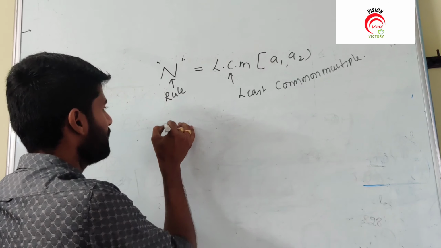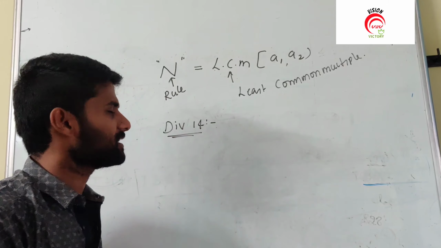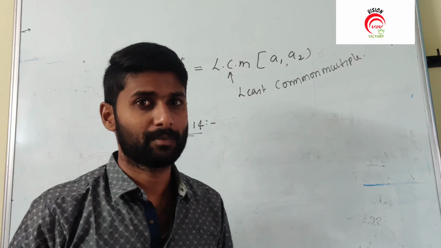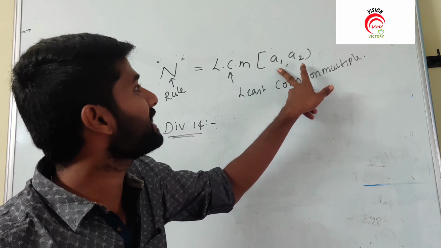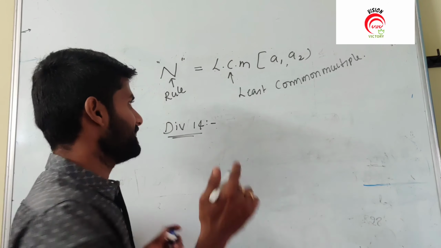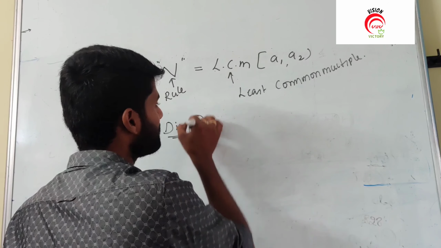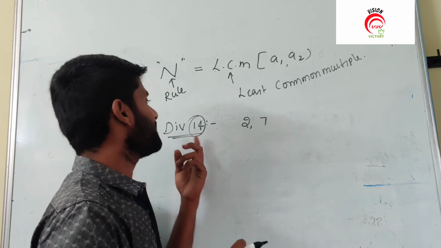Okay, for example, if you want the divisibility rule for 14, there is no particular rule, so we know that 14 is not a prime number. If other than a prime number is given, focus on the least common multiple of two different numbers. It creates a new rule. See, 14 is a multiple of 2 and 7. So the LCM of 2 and 7 is definitely 14.